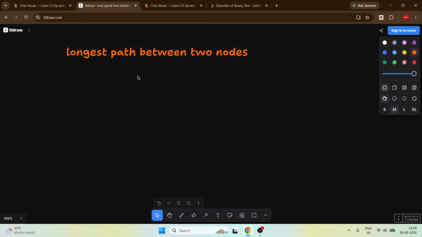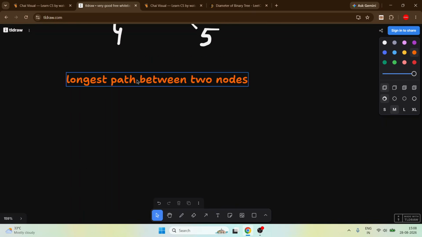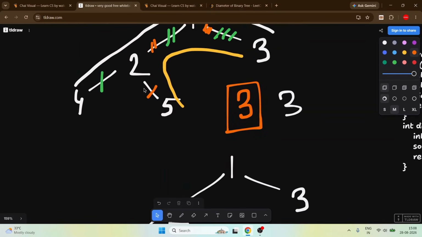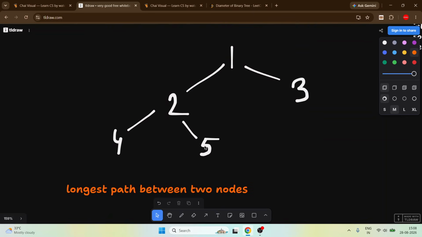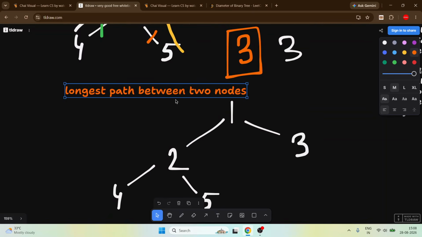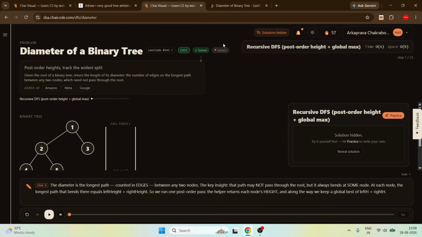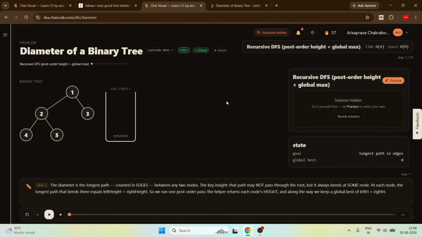Okay, so how do we get it? We can use DFS for this. So I just put it here, it would be much better. We'll apply DFS and let's visualize it. In most cases, the longest path should be between two nodes at the two edges.